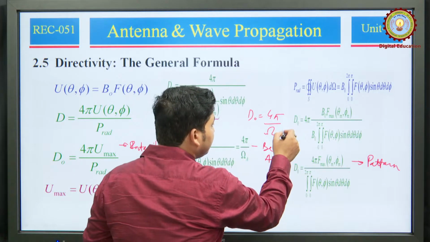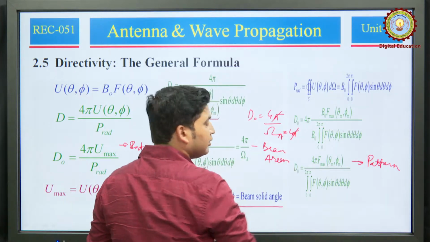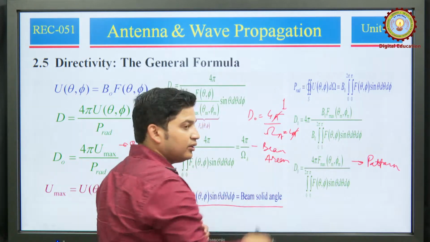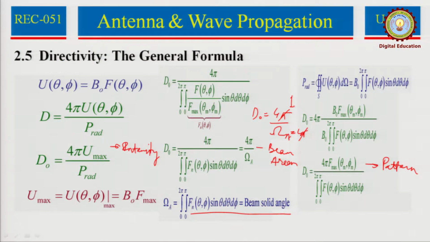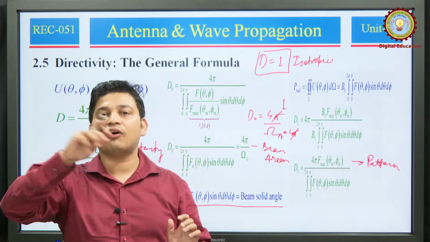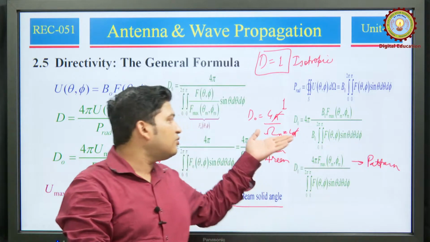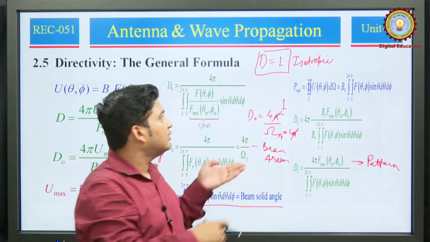So, 4 pi divided by this, how much? 1. So, the directivity of an isotropic source is nothing but unity. Always remember this, directivity is 1 for an isotropic source, but for a non-isotropic source it is always lesser than 4 pi, because there is no such antenna which can equally radiate in all 360 degrees. So, it is always less than 4 pi, and hence